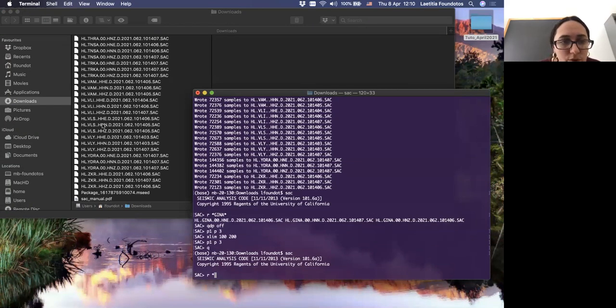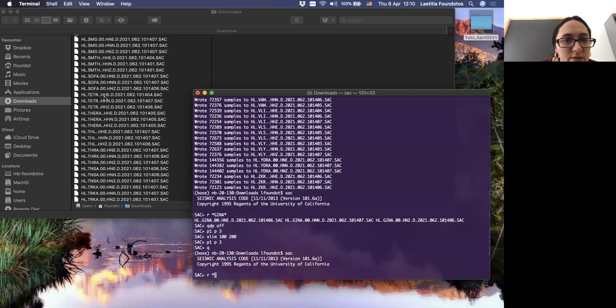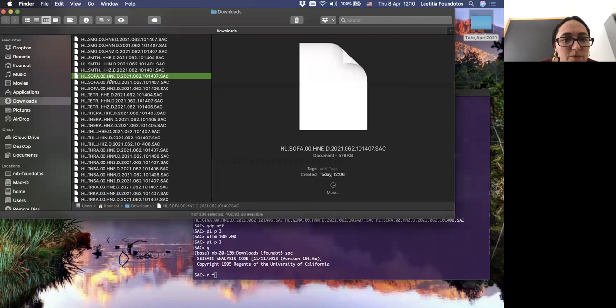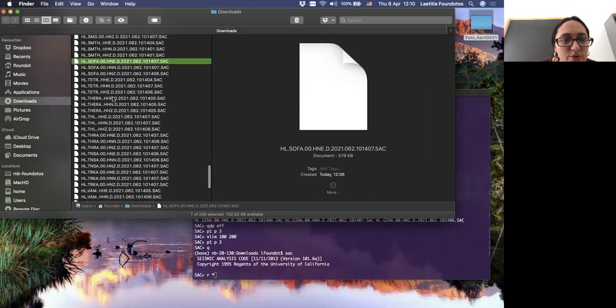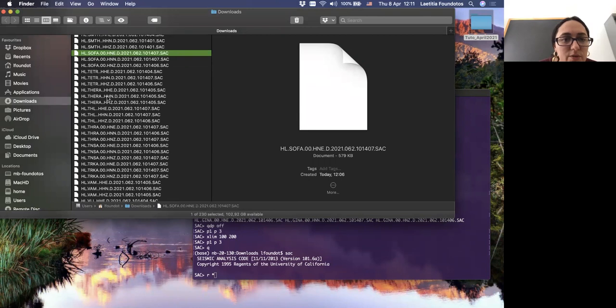We can focus on accelerograms. So here we have two kinds of station. We have accelerograms, which you can recognize in the name of the file by the HN. All HN are accelerograms, but we have also broadband stations, HH here.